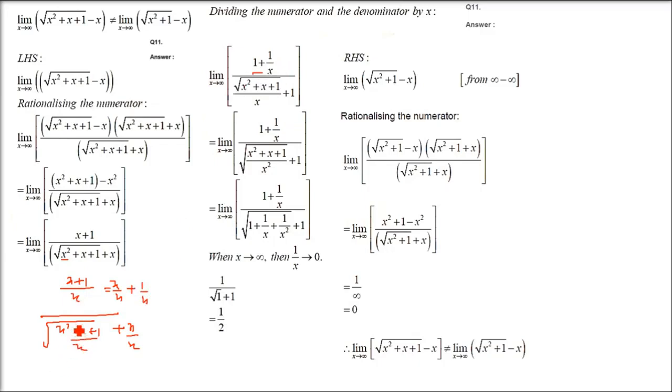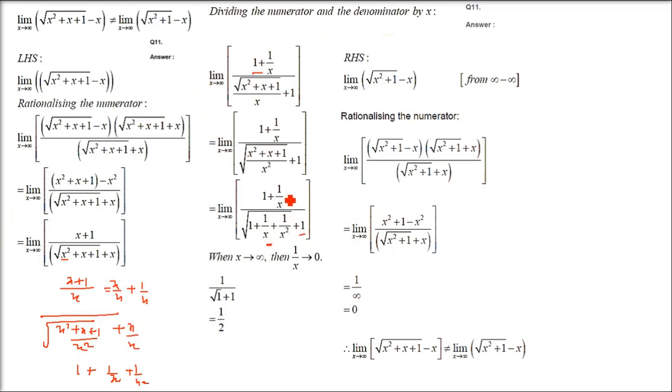And what about here? You have x square by x square, which is 1. x by x square is 1 by x. And 1 by x square is 1 by x square. So you have this one. Up to this point we have reached, and x divided by x is 1.